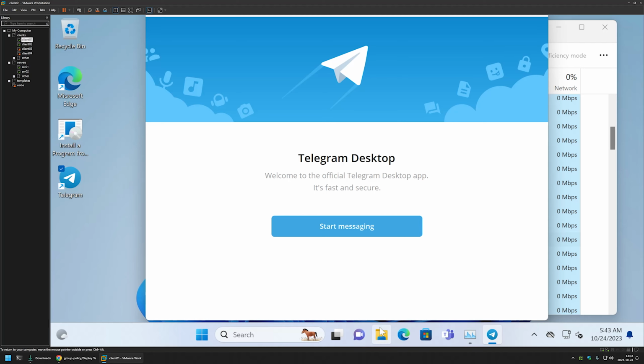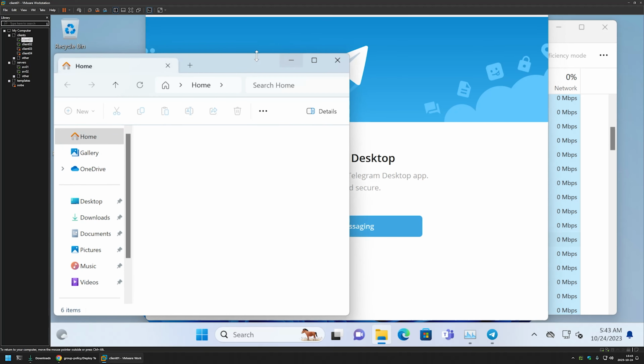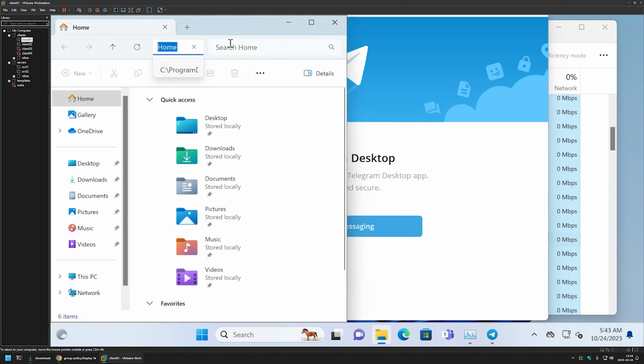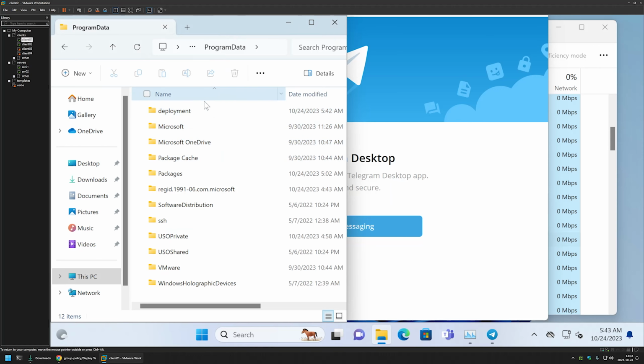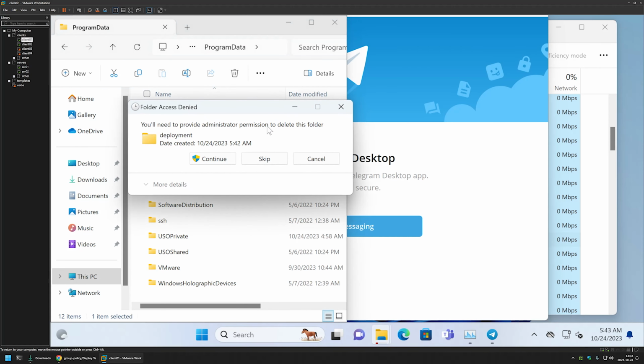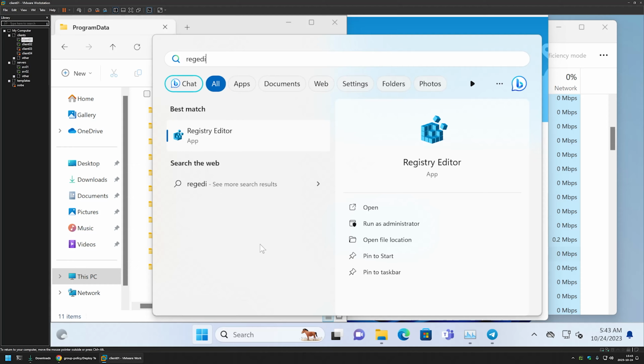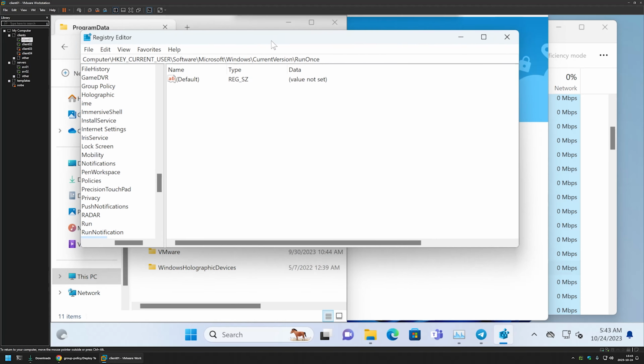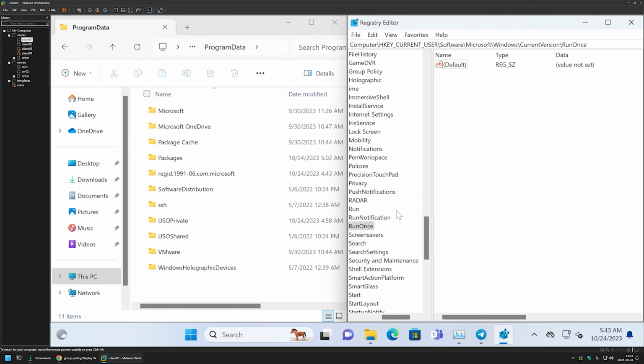And now after the deployment, let's go back to the program data folder. And let's delete this folder. And also let's open the registry editor, the run once registry key. As you can see, currently we have no run once entries, and also we don't have the deployment folder. And let's